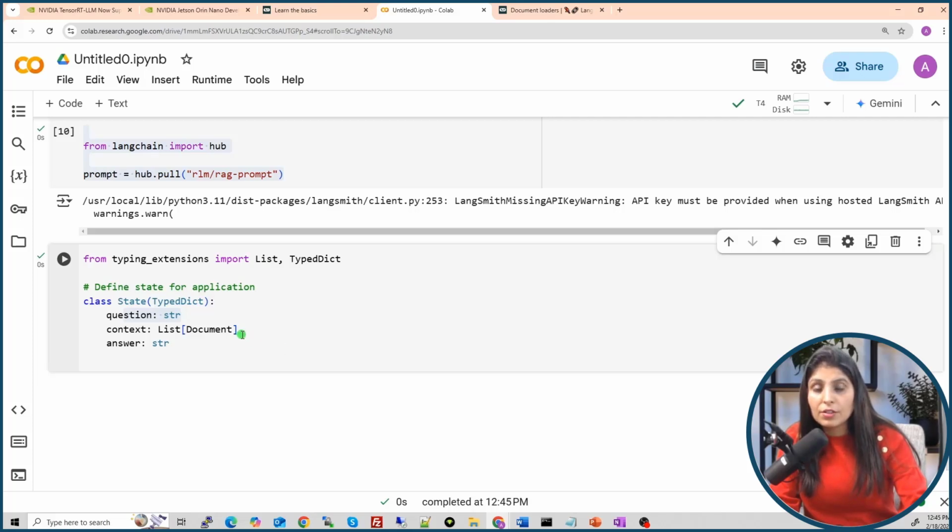Now we will build a function, the retriever function. That retriever function will go to the vector database, and from that vector database, it will see which document is matching with the user query. Remember, we have stored embeddings in the Chroma database, right? So for all those embeddings, we will perform a similarity check with this user's question, and the document which has the highest similarity will be chosen as context. Let me show you how to write that function.